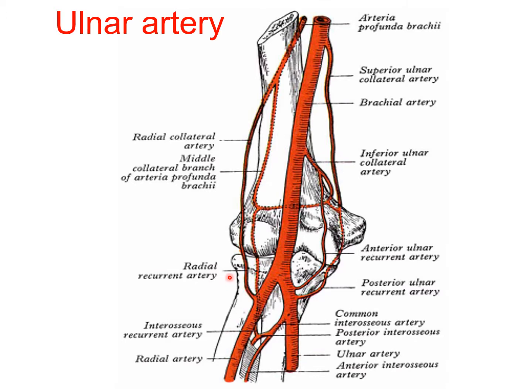Now talking about the arteries on the front of forearm. The main arteries of the forearm are the radial artery and the ulnar artery. However, they supply the hand through the deep and the superficial palmar arches. The arterial supply of forearm is chiefly derived from the common interosseous artery, which is a branch of ulnar artery,